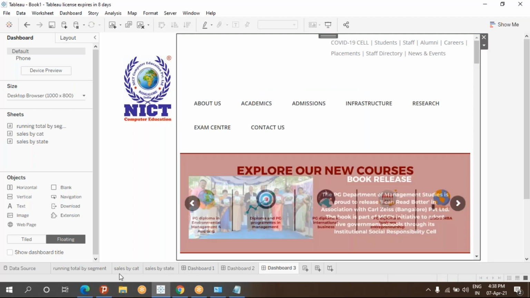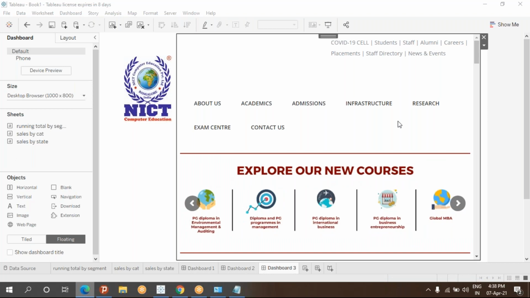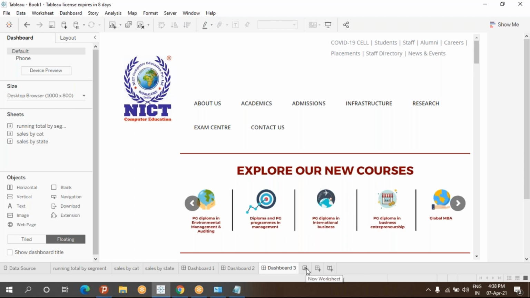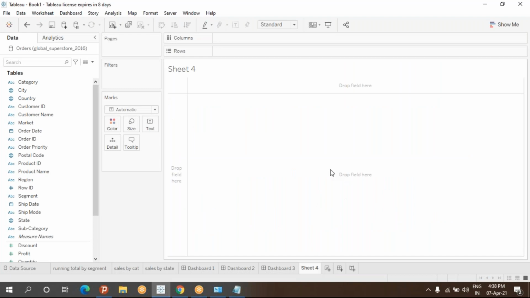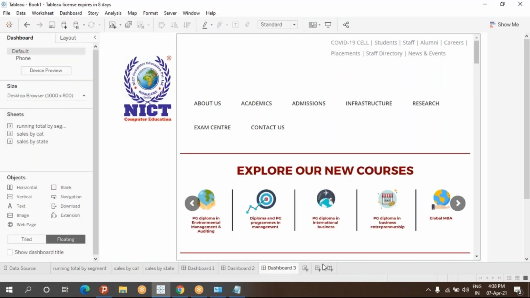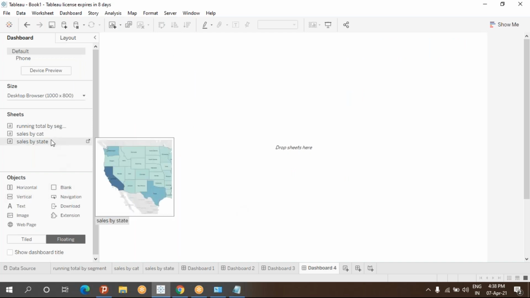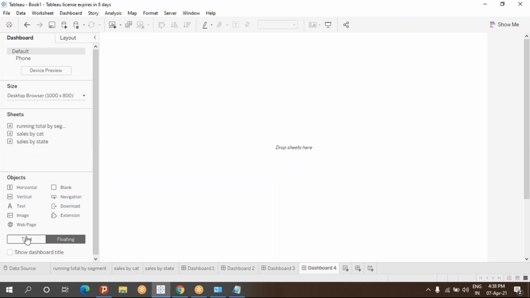I'll just let it be like this, the browser and web image separately. And in this place, what I'm going to take, not dashboard, sorry, sheet. I'll take a dashboard. So now take this sales by state, drag and drop it.